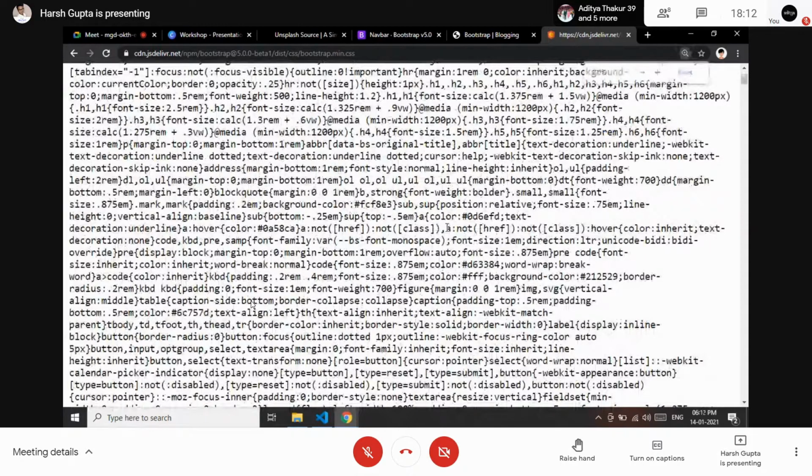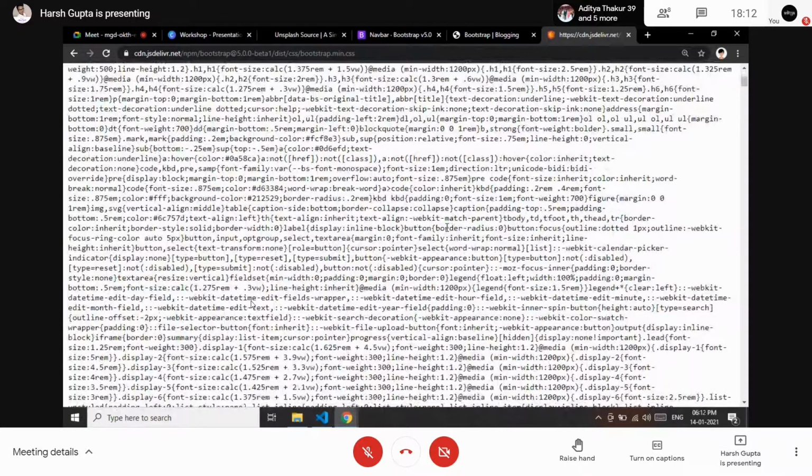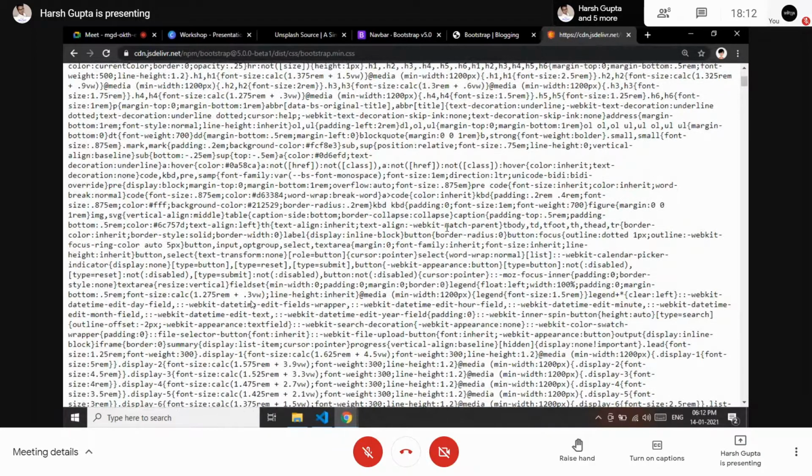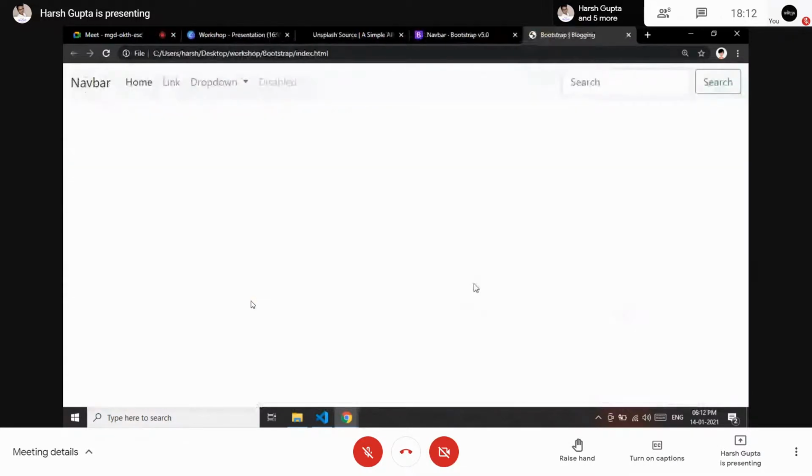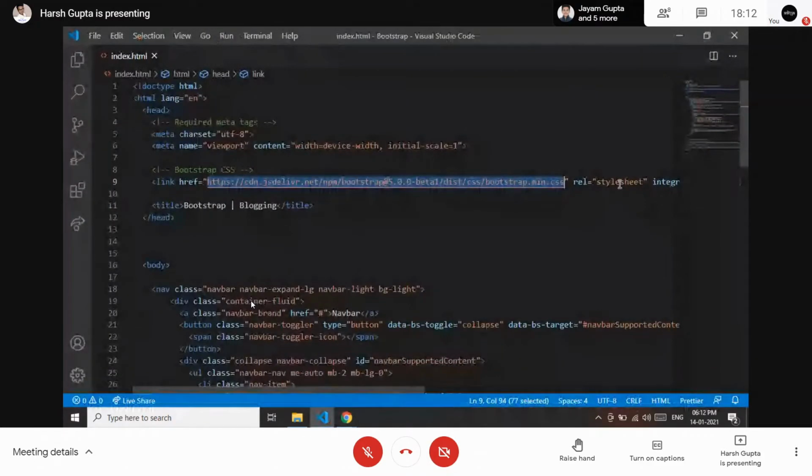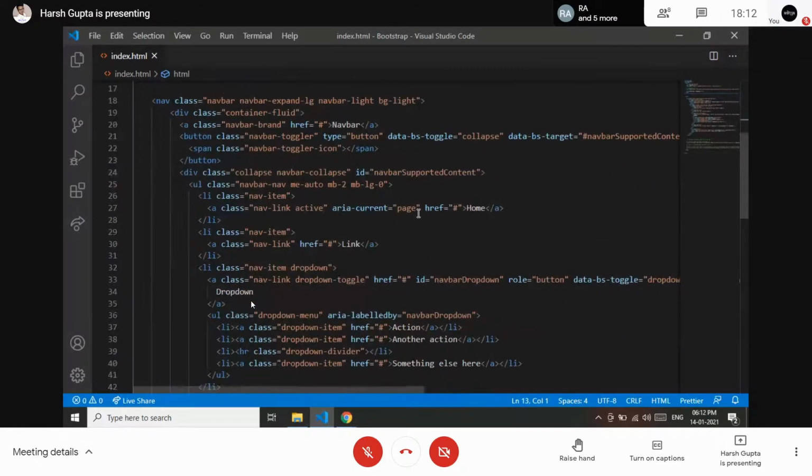It has pre-written code in CSS. So what we are doing is just calling that file so that it comes onto our web page and we can use its content. That's it. This was the link from where our CSS was coming from. It is called bootstrap.min.css and this is the path of the website. So with the help of Bootstrap, we don't need to write any CSS, but we need to give the link of the CSS which we are using.